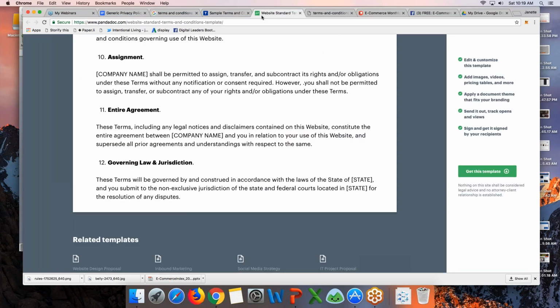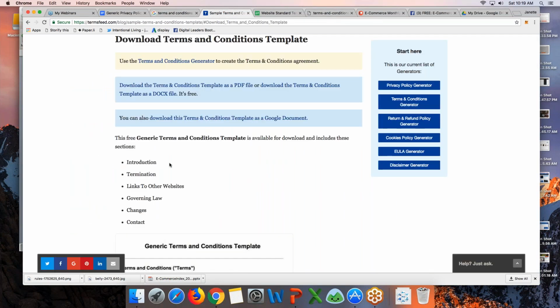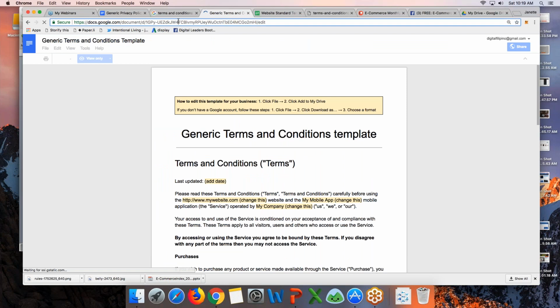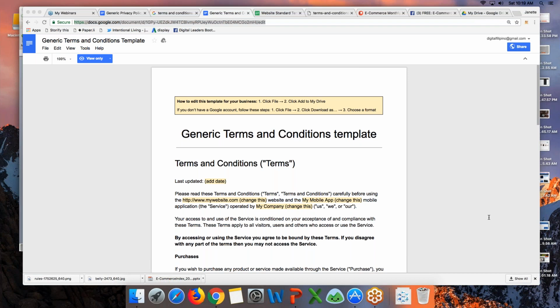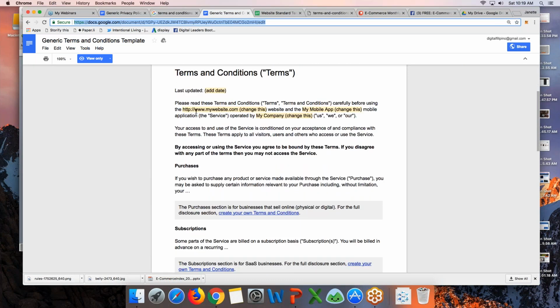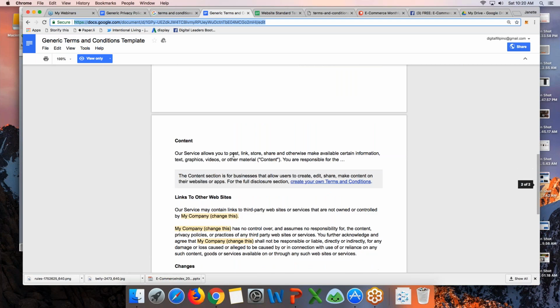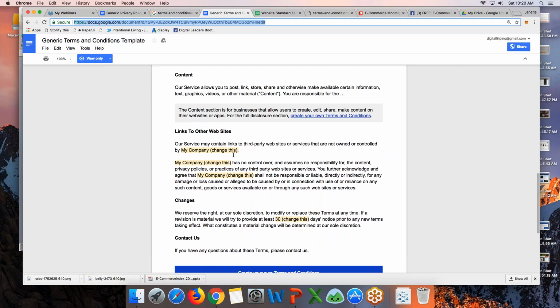So like here, tingnan natin itong terms and conditions na template niya. Ito, Google Doc na. Yung Google Doc na ang i-access natin. So, gaya nito, merong generic terms and conditions na template. So, I'm gonna share it to you through chat. And i-walk through natin siya, no? Para makita nyo kung ano nakalagay. So, dito nakalagay yung kanyang, ano yung website niya, purchases, no? So, yan yung pagsusupply ng information, if subscription, content,